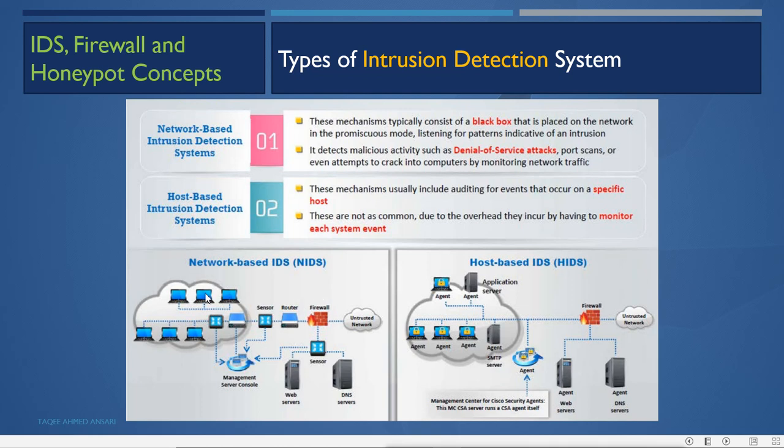Normally we use the network-based IDS, because it uses a single sensor. It sits in the network, mostly at a gateway beside the firewall, and tries to monitor all the traffic and match the intrusion patterns.